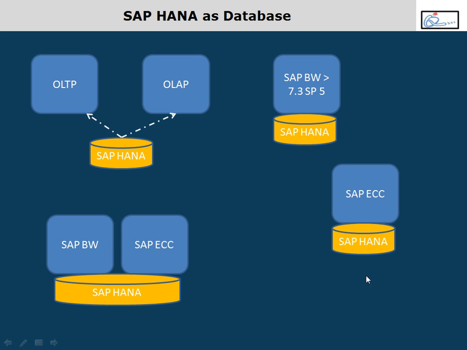Okay. Next, we can also have ECC powered by HANA. I can install the ECC system on top of what? HANA database also. Yeah. So in future they are looking at this way, where all applications sit on a single database platform. This is not out yet. This flavor is not yet out. We are still working with these. Okay. This is what leveraging HANA as a database means.